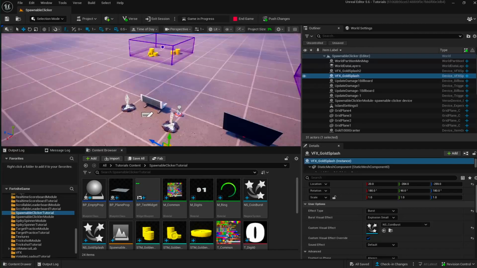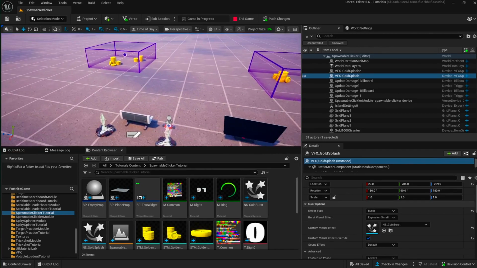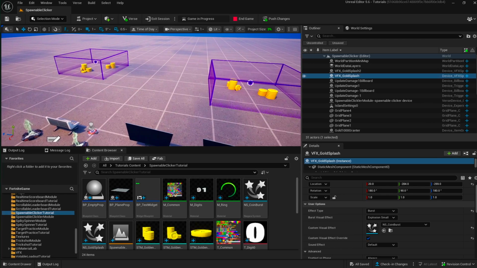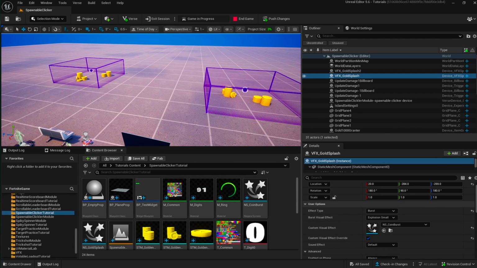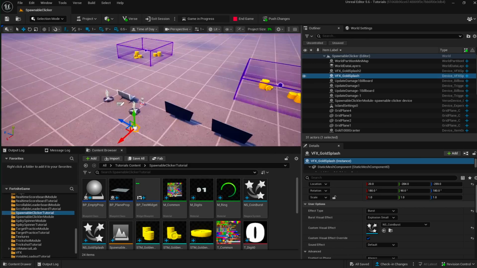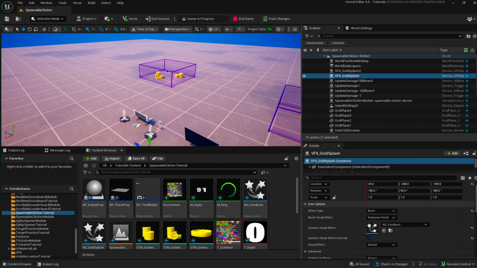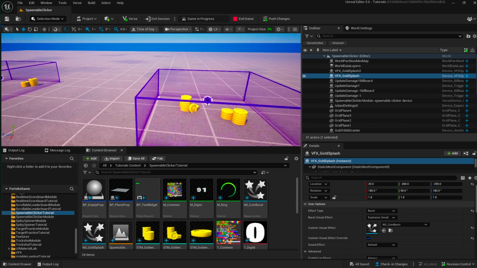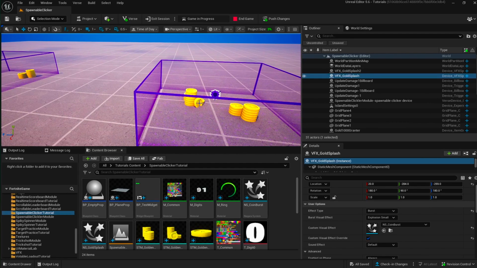Hello everyone. In this tutorial we are going to do a spawnable clicker, or you could say an advanced clicker as well. We did a basic clicker tutorial back in the day, it was one of our first videos, and now we are doing an advanced, spawnable one. So the deal is, by using